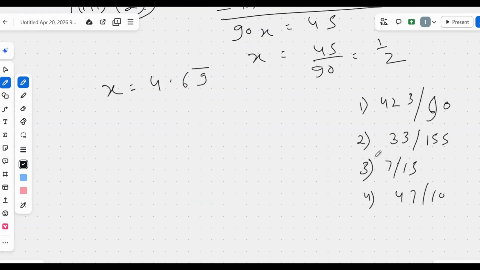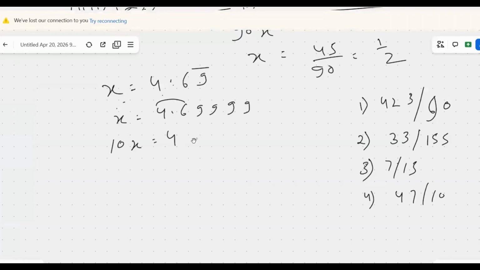Question here, now just check. See, first what's given here is 4.69, and I told you after the decimal we have to keep the repeating number. So first I can write x = 4.699999, and then I have to kick this out first, the very first thing. So I'll do 10x equal to 46 point